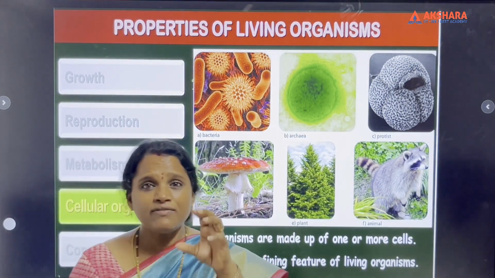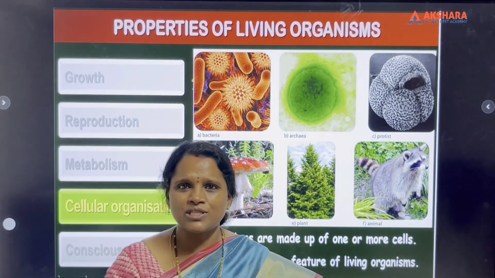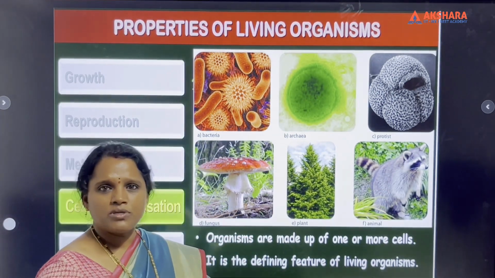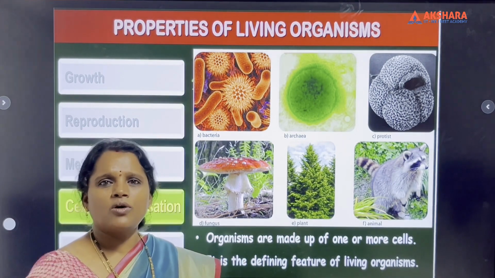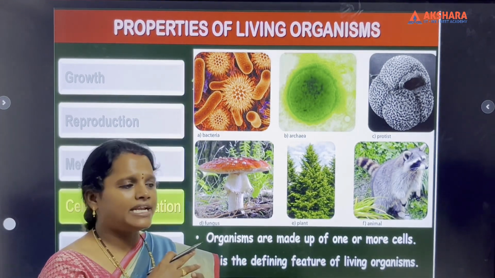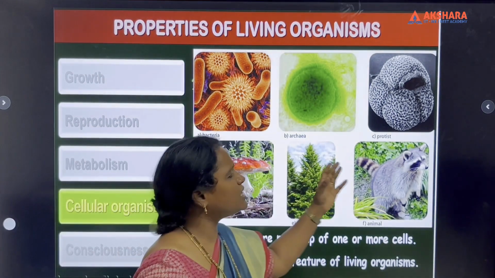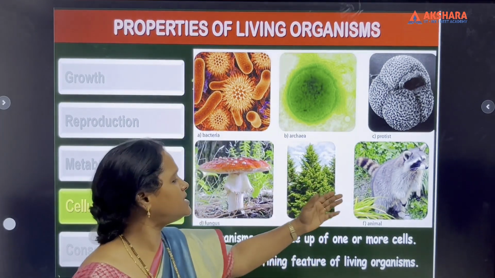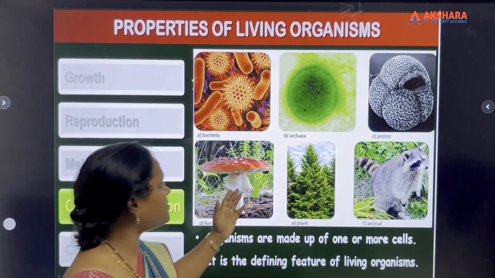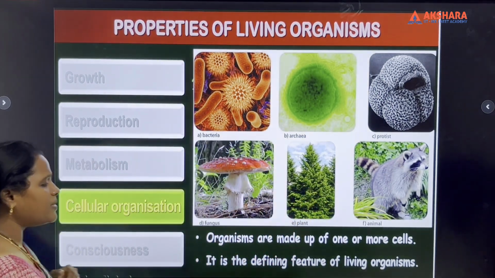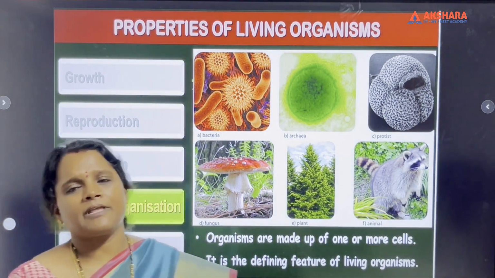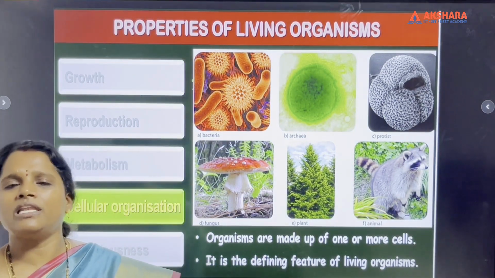A single individual cell is not present on the planet. The cells combine to form tissues, organs and then organ systems, and so on. It developed into multicellular organisms such as humans, different animals, plants, fungi and so on. So cellular organization is a defining property of all living systems.